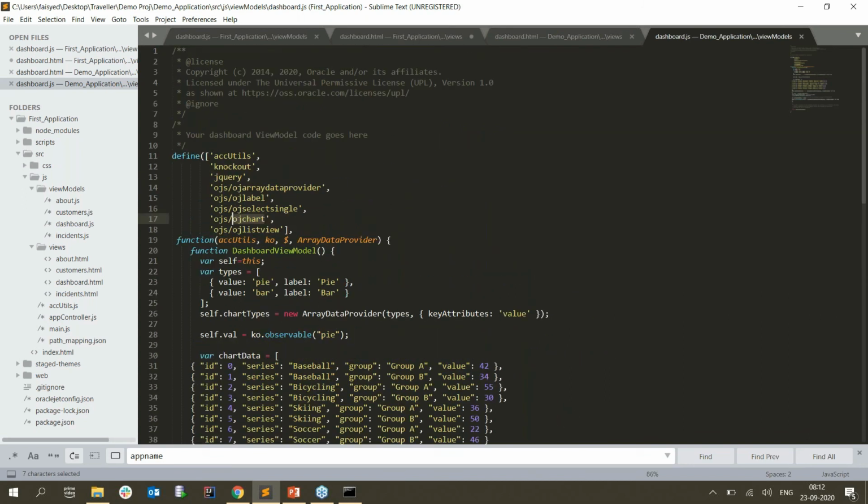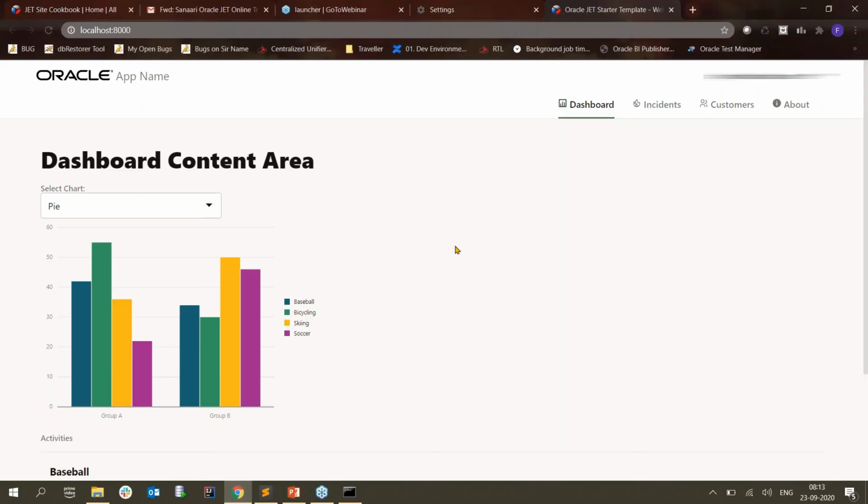So this is the basic intro of what exactly OJet means. I guess if you people have understood something about it, or if you have some doubts or questions, we can talk about them right now. Because for today, I guess this would be fine. Basic intro about OJet, how we can implement simple components like the simple select or the simple chart components. This is a basic demo for it. If anyone has any questions to ask, you can feel free to talk now.